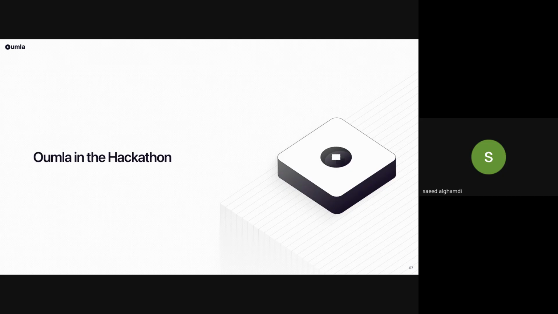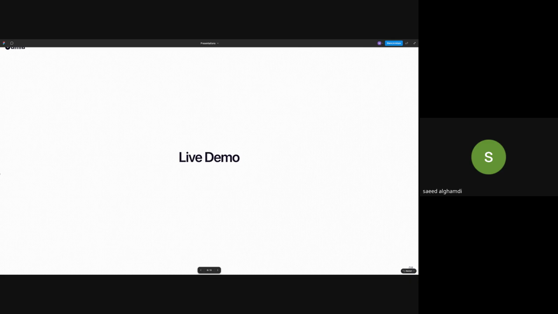So Oumla will act as infrastructure provider. We simplify everything needed to build a blockchain application, so you can focus on your idea, not the setup. And now let's jump into the live demo, and let me share my screen.